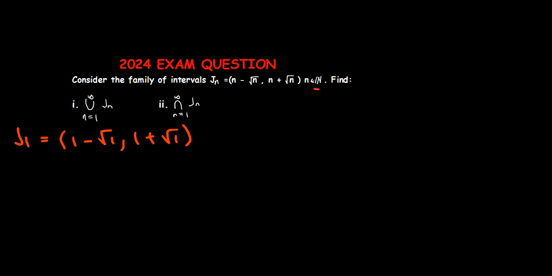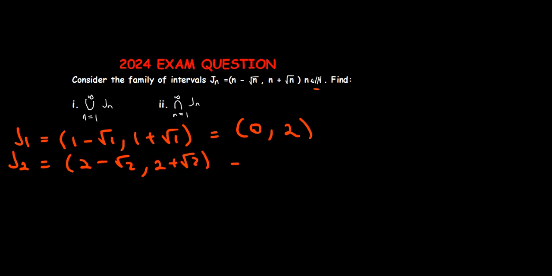And this then gives me, so this gives me here 1, I'll just have 1 in the root here, and this will just be 1 minus 1, which is 0. Then the next one, I get 1 plus 1, which is 2. So that's what I get in the first one. Then the second one, I replace 2 there, 2 minus root of 2 comma 2 plus root of 2, like that. So when I evaluate this, I'll get